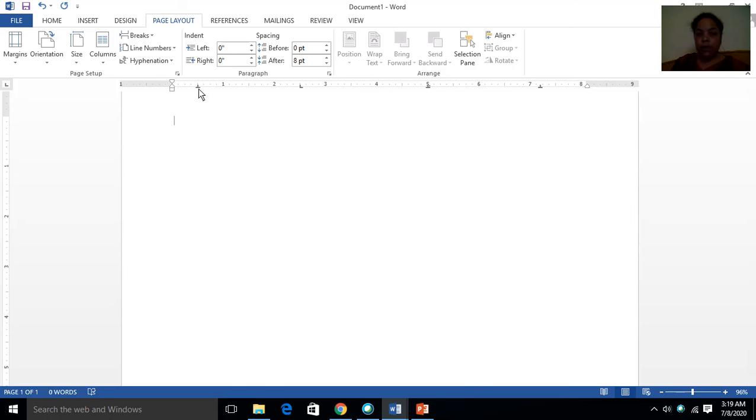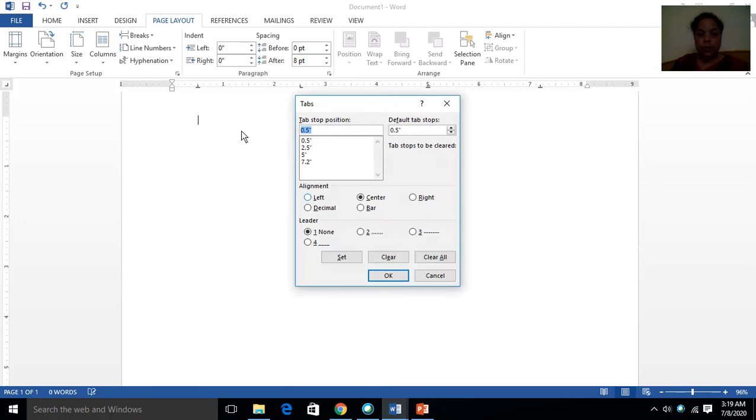The first one is center, the second one is left, and this one is decimal, because in the decimal one a dot is coming here. It is similar to center, but one dot is here, so you can differentiate it with this. And the last one is also center. If I want to change the first one, I have to move my cursor here, and then I can choose it.